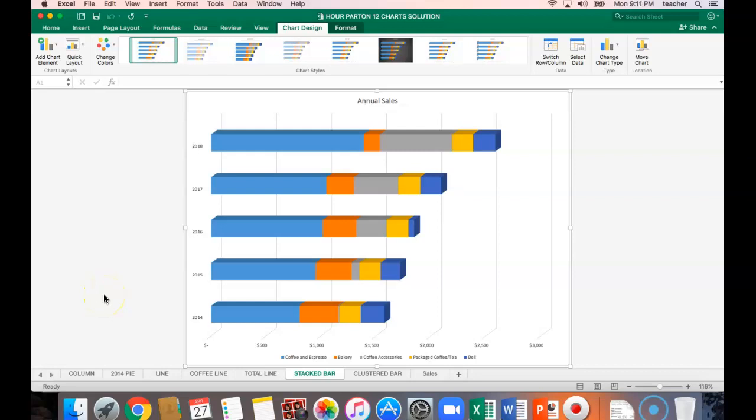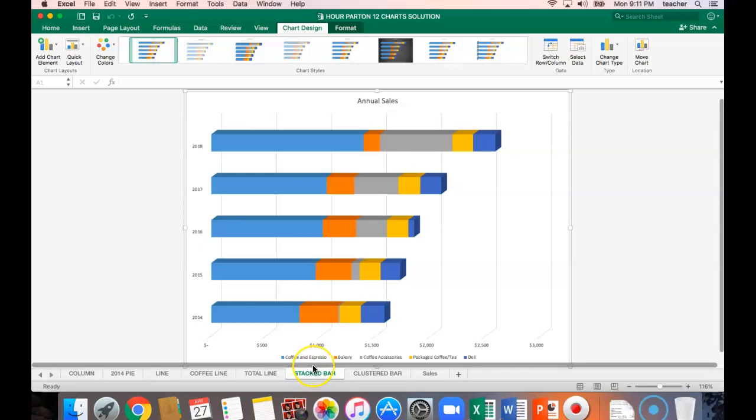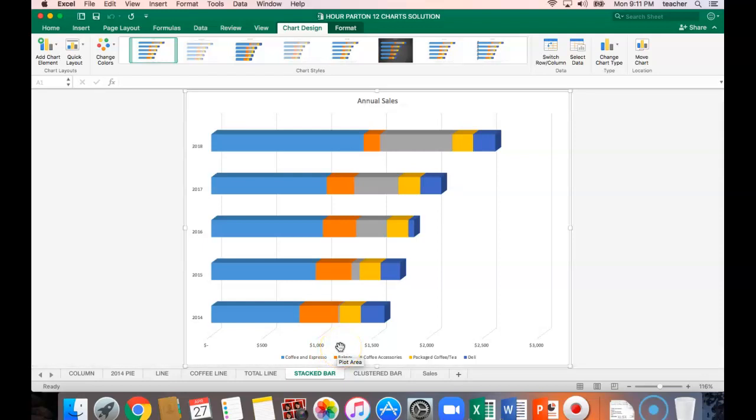Okay, this is Excel chapter 12, video 5 of the step-by-step. You should still be on the chart solution, and we are going to be on the stacked bar chart. In this step-by-step, we are going to add some elements to